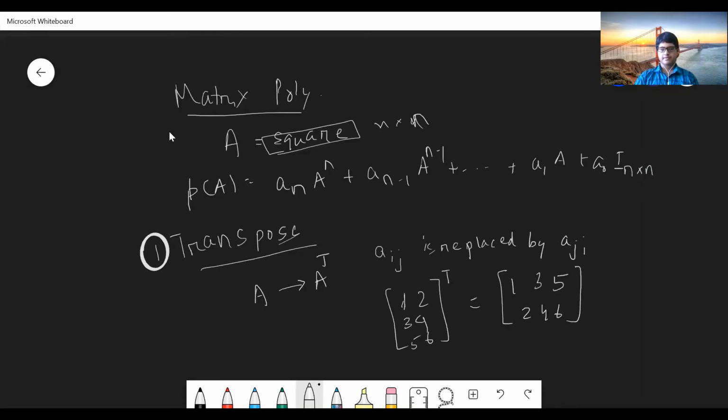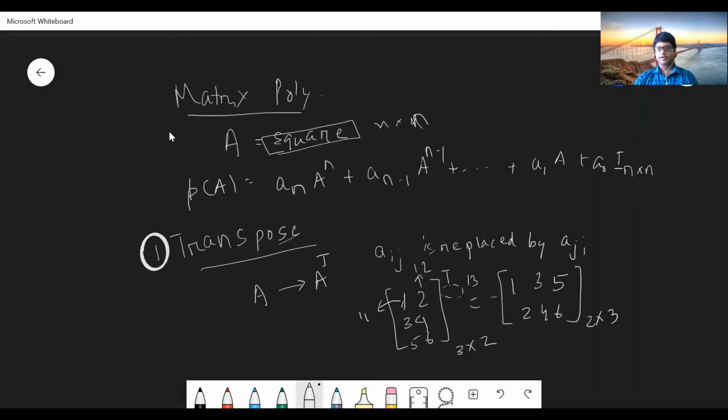Fine. So if this is of order 3 cross 2, this is going to be of order 2 cross 3. The order is reversed. And you can see every ij th element is replaced; this 1, 1 element is going to be replaced by the 1, 1 th element. So that is correct. This 1, 2 element is going to be replaced by the 2, 1 element, replaced by 3. Fine. And here there is no element as such for 1, 3, but 1, 3 is going to be replaced by 3, 1. So this 5 came there. Fine. So the order is different and this works out all fine. This is the transpose operator.